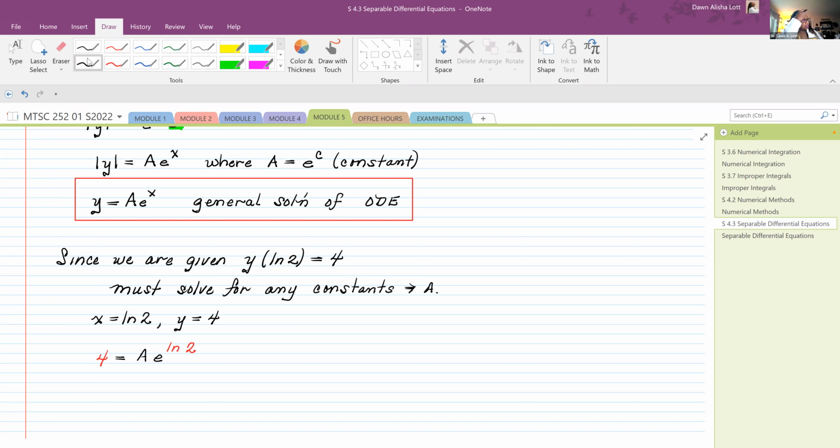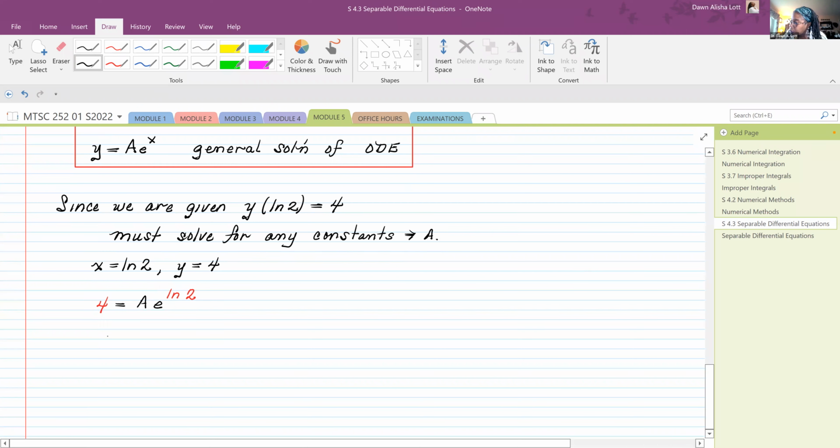We need to use some of our properties of exponentials. Do you guys remember those properties of exponentials? Can we simplify e to the natural log of 2? Wouldn't that be just 2? It is just 2. Thank you. So now I get 4 is equal to a times 2. So that implies a